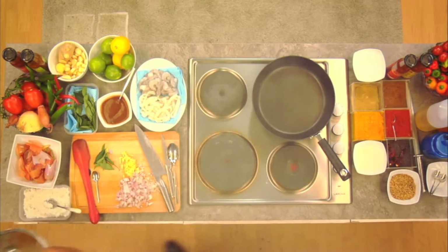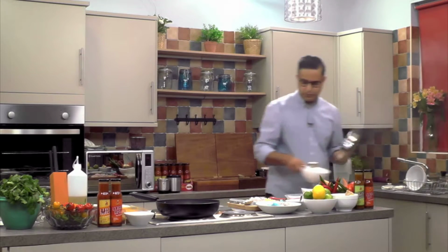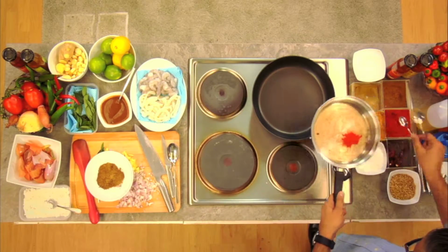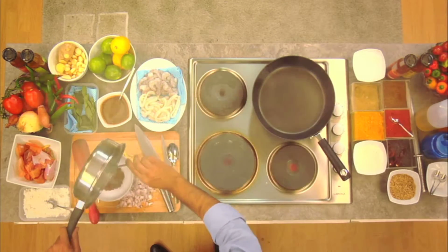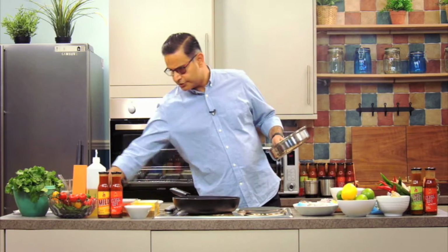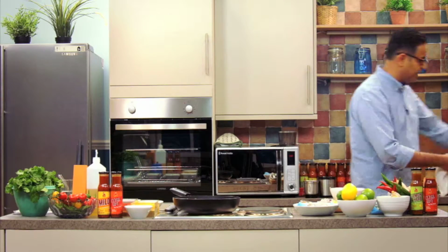That's good. That goes in a bowl here, and I'll do the same treatment to the red chili powder, which I need to just lightly toast, and that goes here. This pan is so hot that I'm literally doing it in split seconds, to be honest. Just make sure you clean that pan,